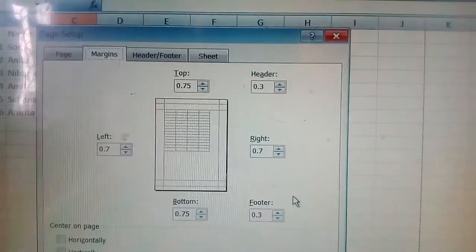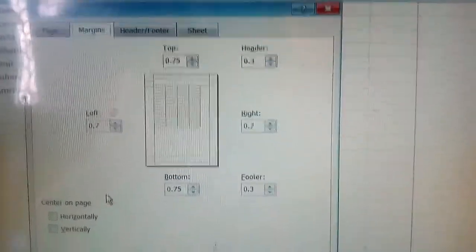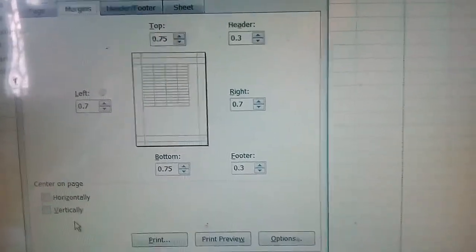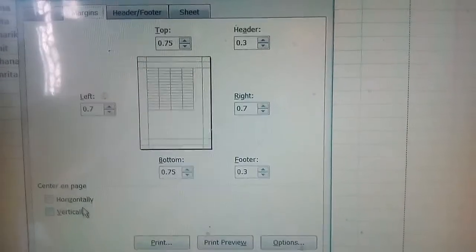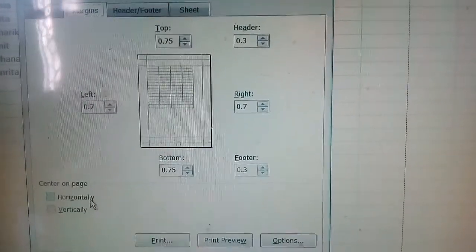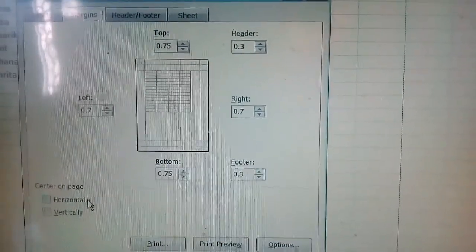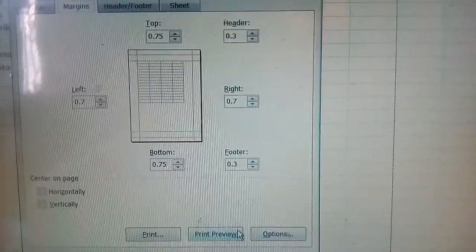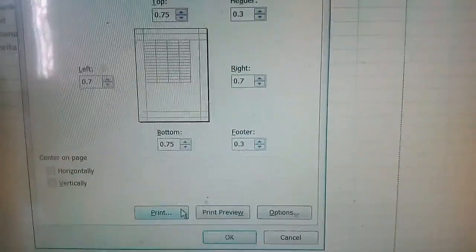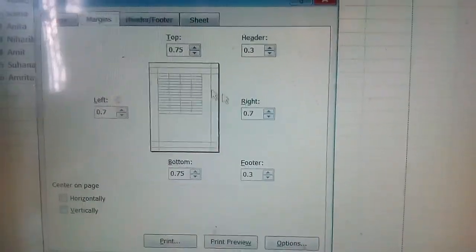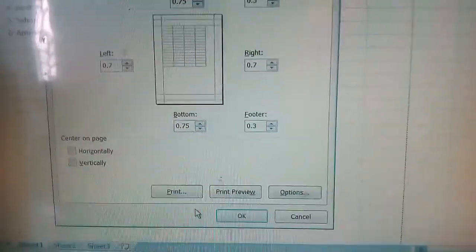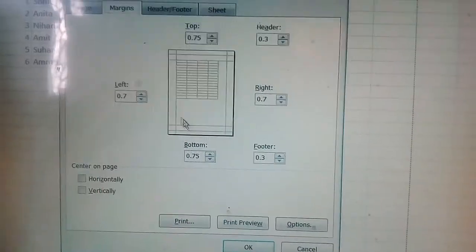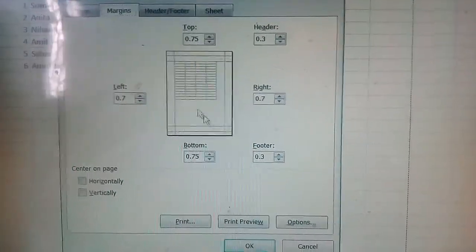Now here you can see center on page, that is horizontally and vertically, which type of alignment you want, you have to select from here. Then click on print or print preview, whatever you want. If you want to see before printing, you have to click on print preview. After this you have to click on the OK button. Then whichever setup you have done will be applied on your page.